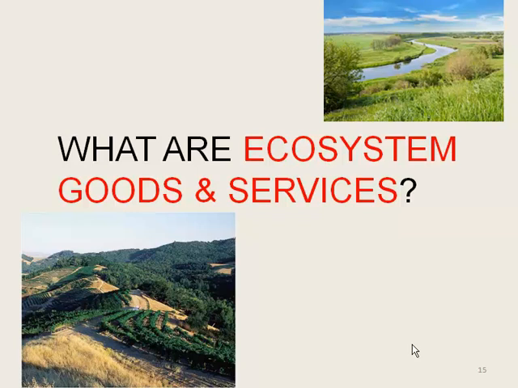There's a human ecosystem, there are urban ecosystems, but it's that interaction between the biological and the physical environments that comprises it. And these ecosystems provide us with goods and services that, for the most part, until you think about them in these words, may not have really realized how much we rely on ecosystems, not just for aesthetic values or for wildlife habitat, but for the value of the services they provide us.